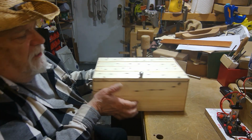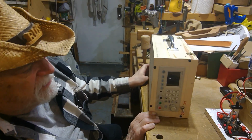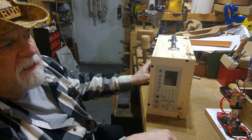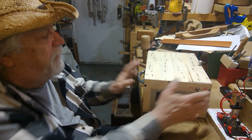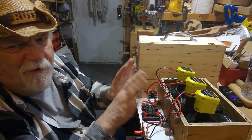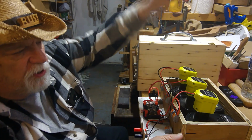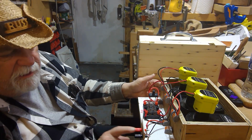So that's it. This is my version of the RD60, the Riden RD60 series. It's the 18 amps unit, and I'm very happy with how it came out. Now I am going to take this unit here. It's pretty arcade and pretty bulky. I'm going to turn this into a box about 1/3 this size that these things will just push down and plug into, and it'll have a plug-in on the side for both